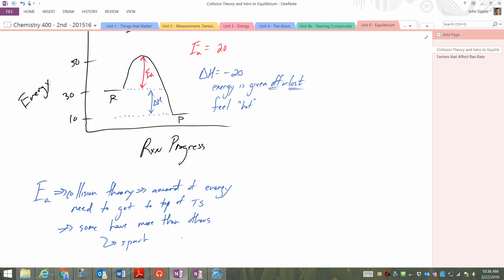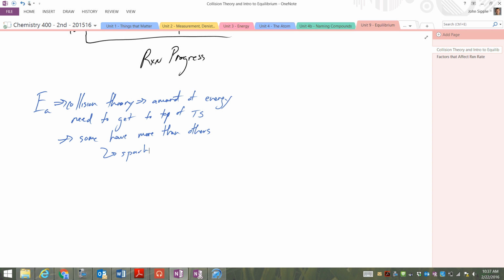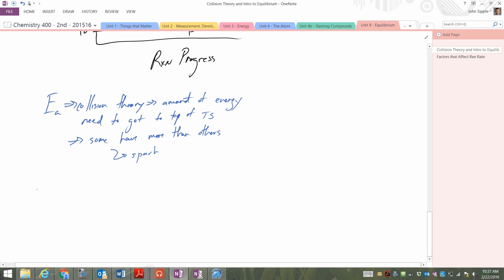Sometimes the hill might be so small that it's just enough for the reaction to happen when the molecules collide with one another. We've seen that as well. Mix two solutions together, they collide in the solution, boom, you got a precipitate, the reaction happened. That was enough energy. Other times you have to provide a lot more energy. That's kind of what leads us to equilibrium and things like that. But there's a number of factors that are going to affect reaction rate.